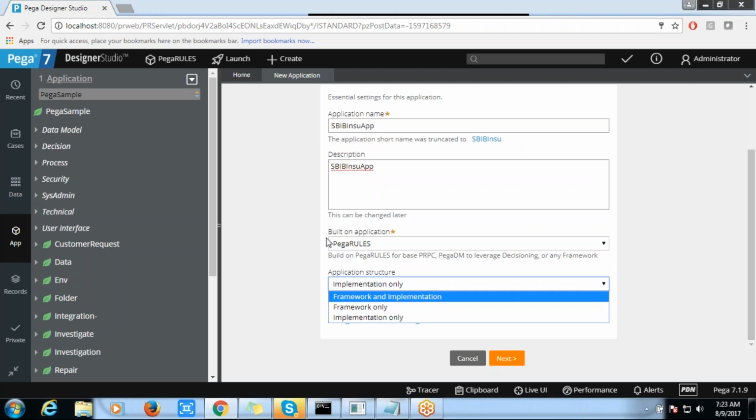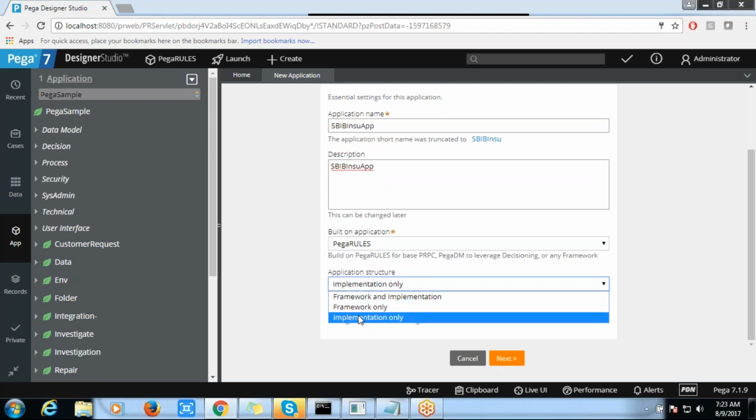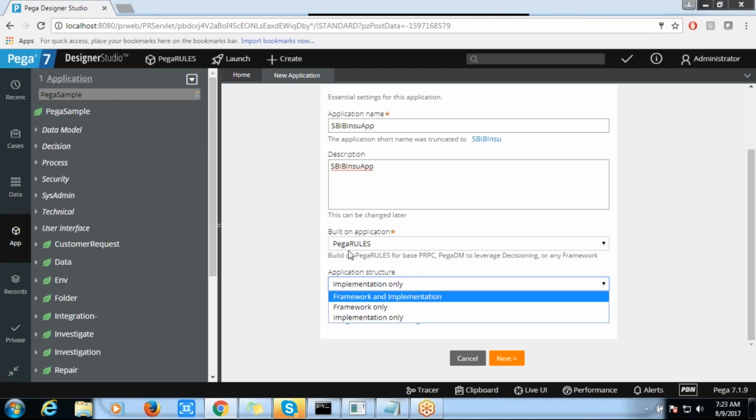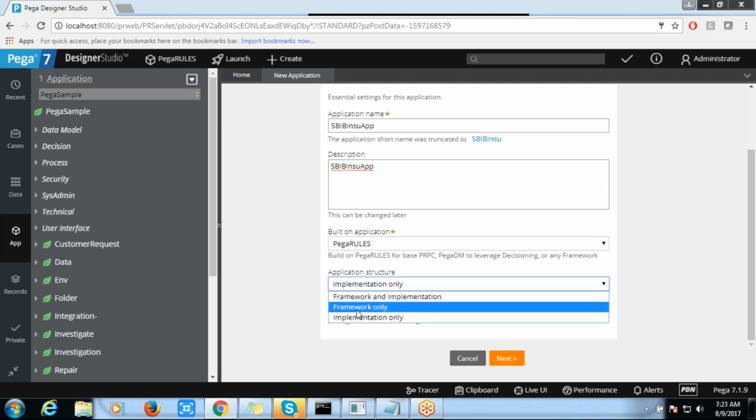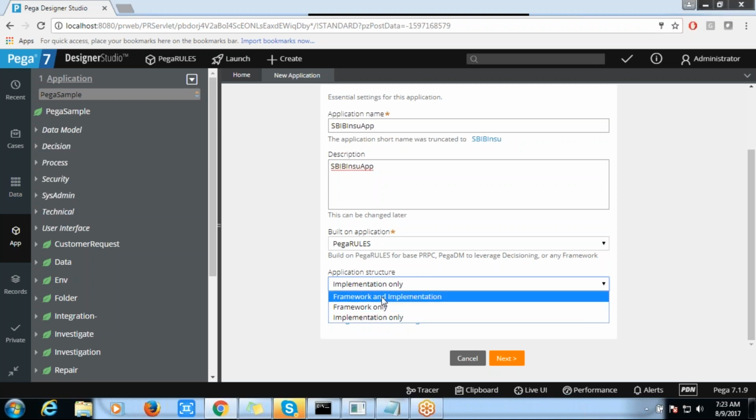If your organization has already developed the framework, then you implement your application on top of that framework. Otherwise, if you want to develop the framework alone, then you choose the framework only application. If you choose both, we are going to generate both the framework classes as well as the implementation classes.